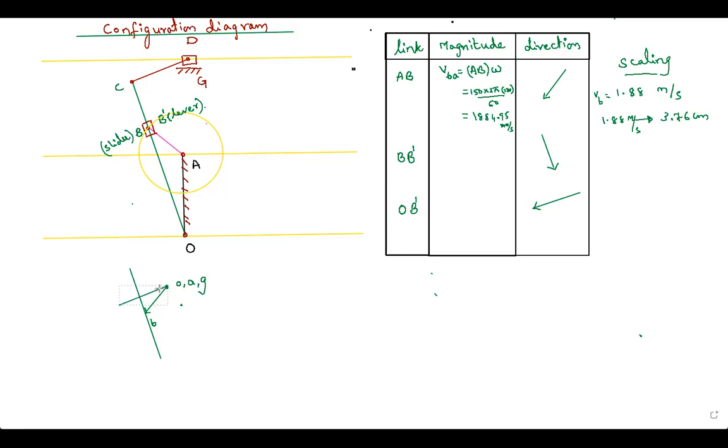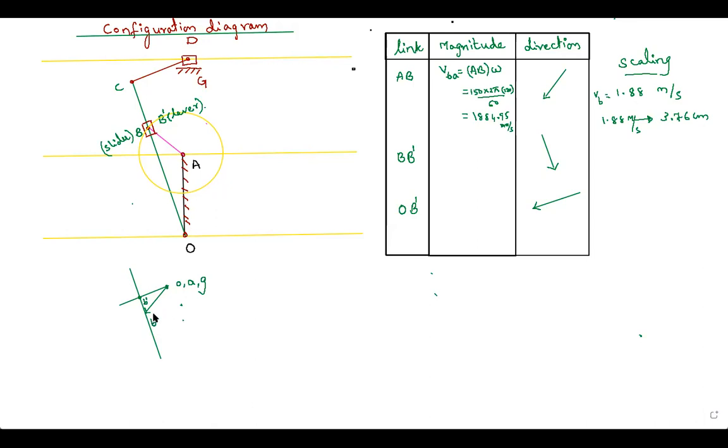So O is on one end, B dash is on the other end. We already discussed that this line contains B dash, and now we are saying that this line also contains B dash. So wherever they're intersecting, that point itself is B dash. I'll just write it under it so that some space is saved for us. Yeah, B dash. So this point is B dash.